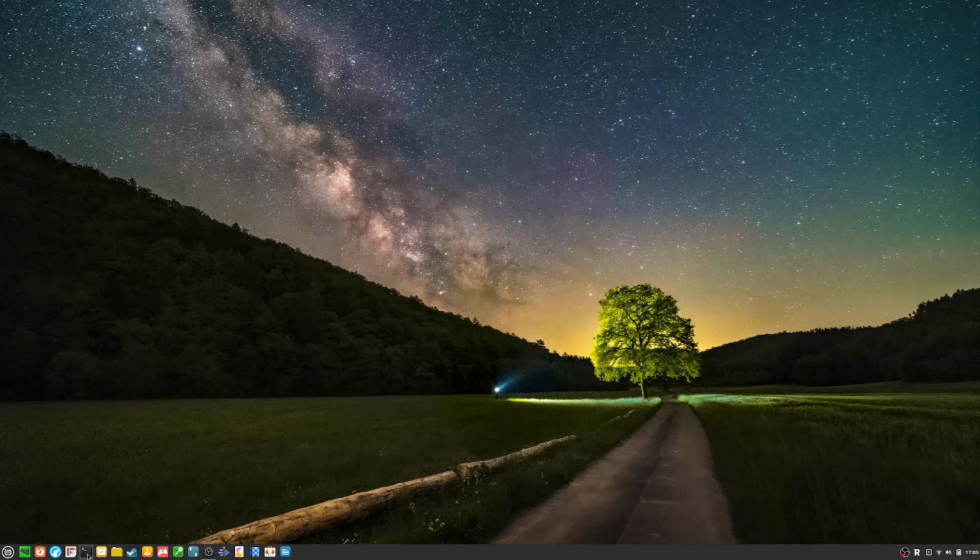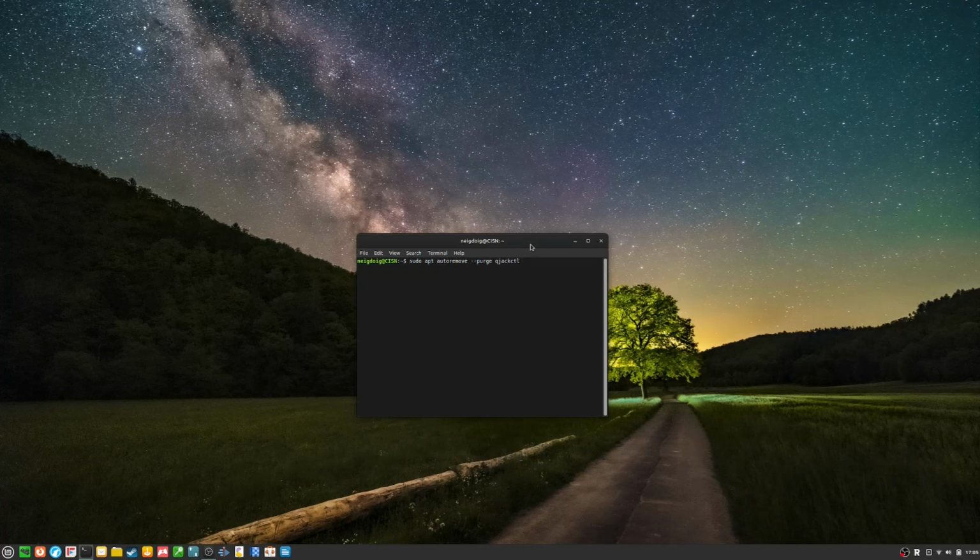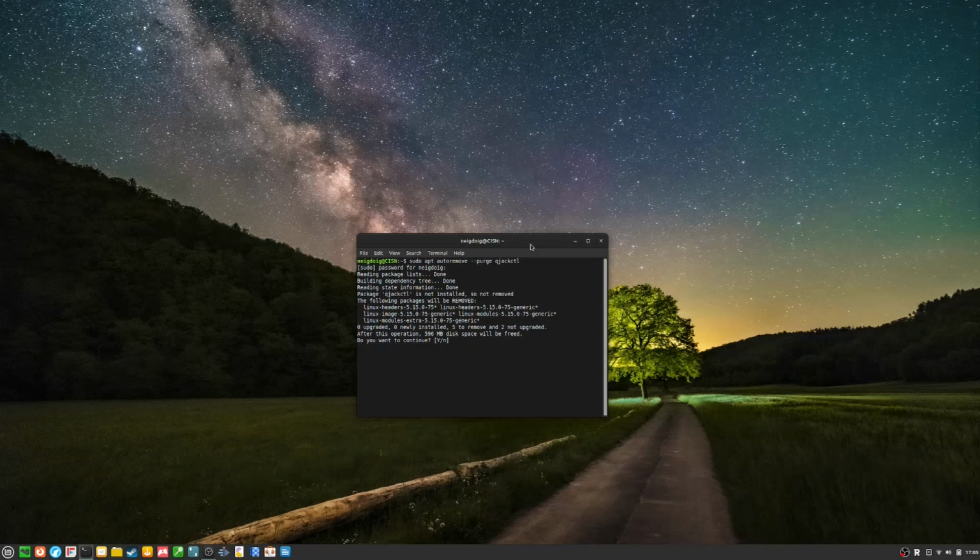Also, a bonus thing. Once you install Jack, another app will be installed as one of the packages for Jack, and that will be QJackCtl. You do not need it. And instead, you would be better off using